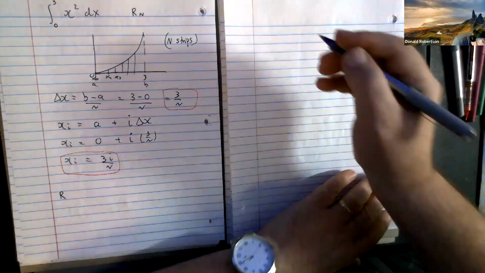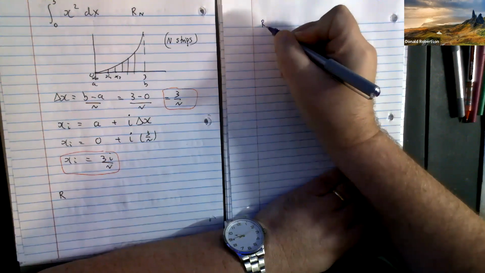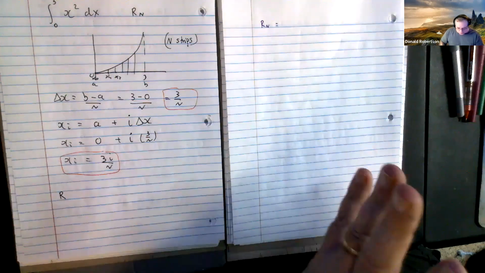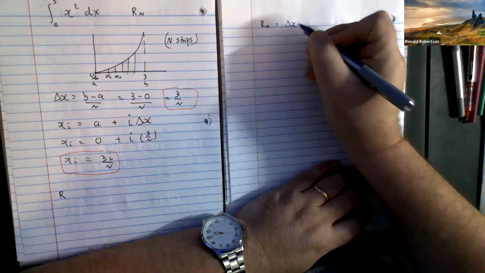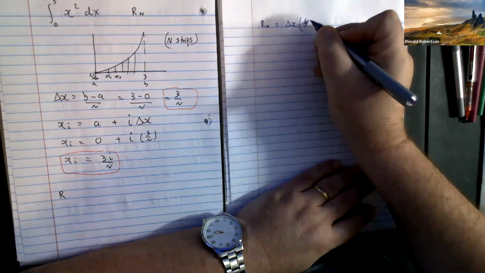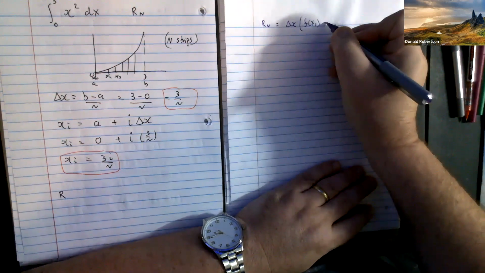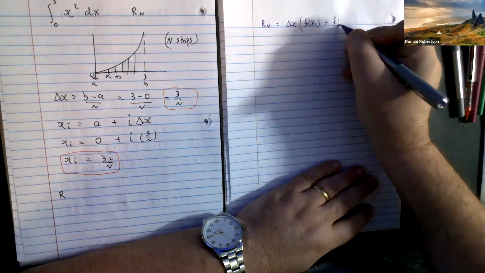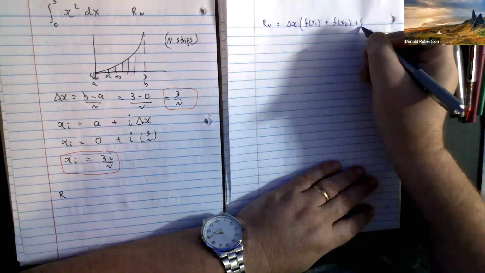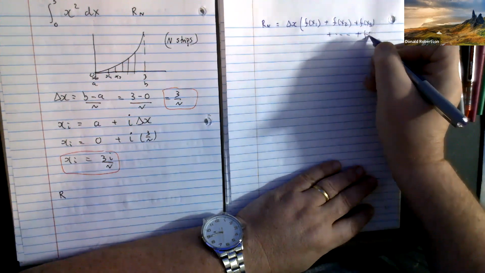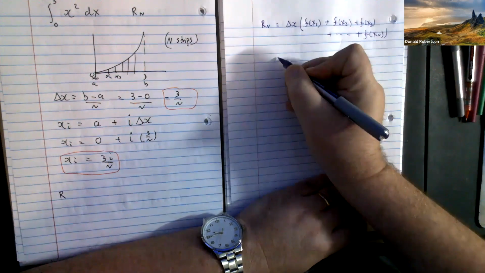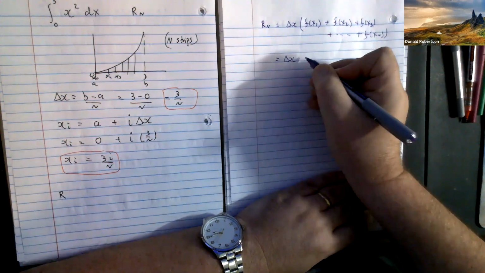Right, so I would like to find Rn, the right-hand sum. So if you think back, what does that look like? It's delta x times the value of the function, the height 1, and the value of the function, the height 2, and the value of the function, height 3, and you keep going and finish at the value of the function xn. And if you break it into its individual pieces, you get